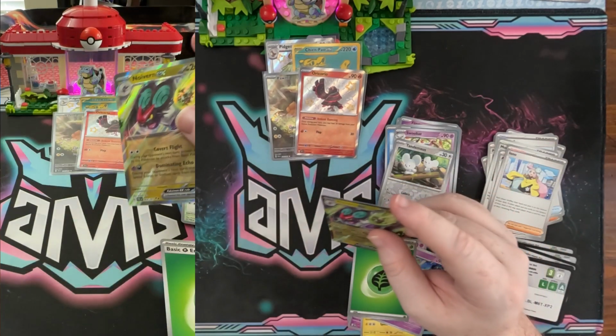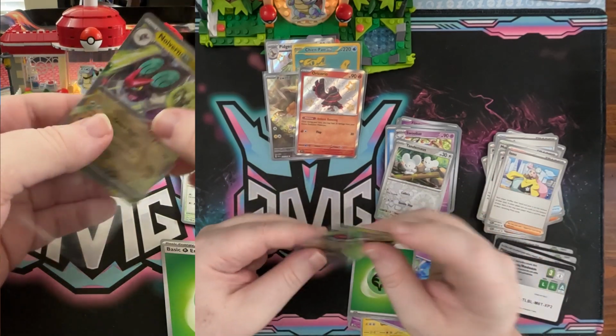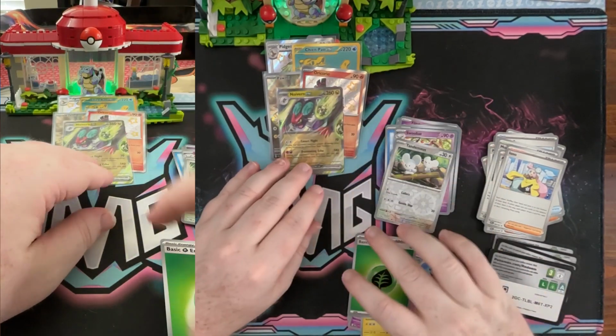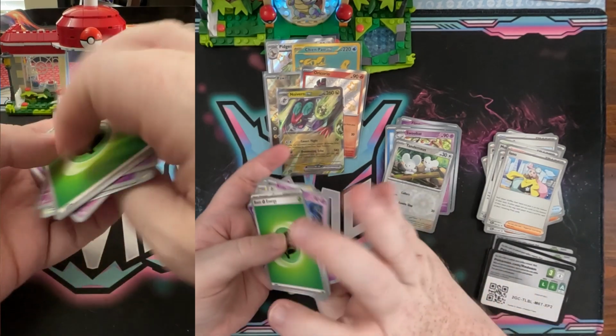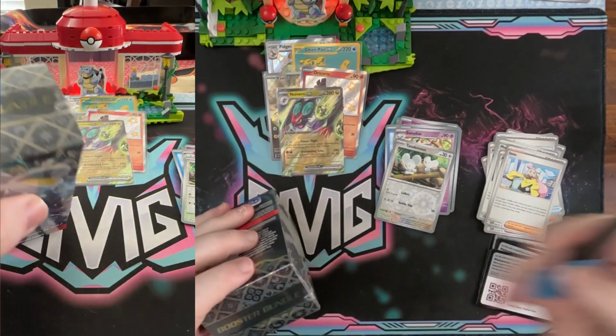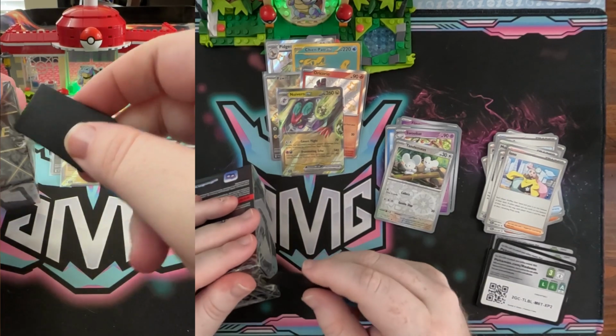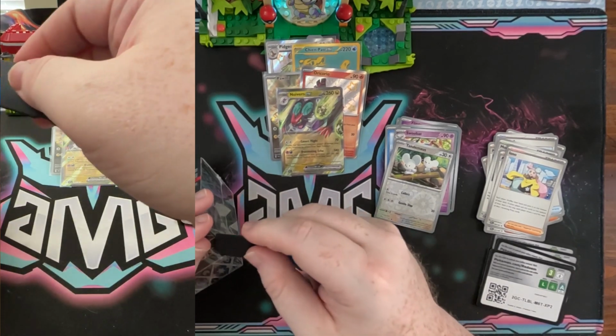Then Noivern EX to round out that box. Okay, so we got the one pack that had a double hitter, and we ended up with 5 pulls in the first booster bundle. I know Chin Pow is a definite. We definitely needed that one. Trying to see, I can't remember if Oricorio was needed or not, but we will go through at the end of this video